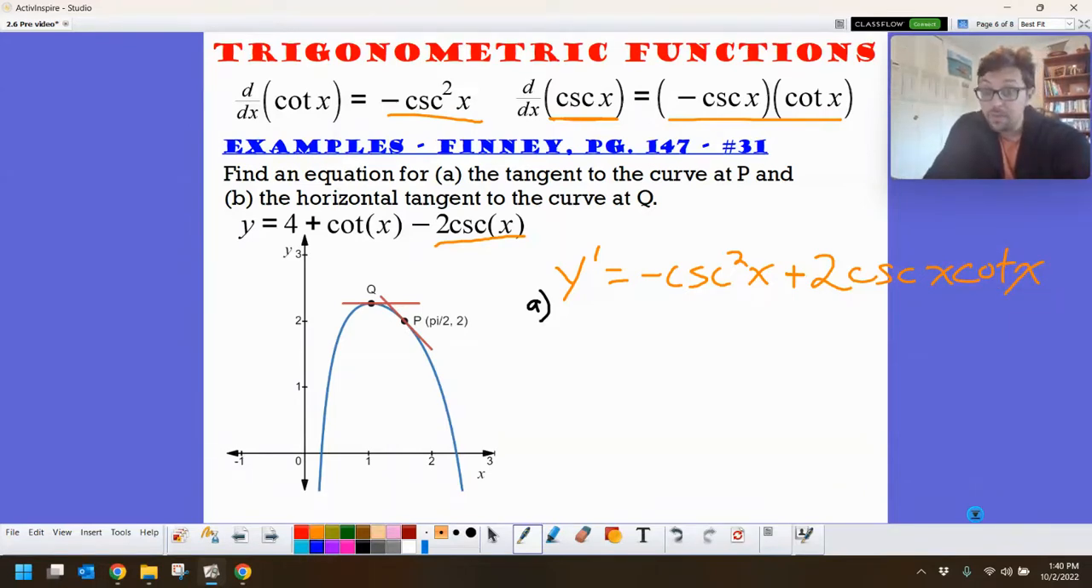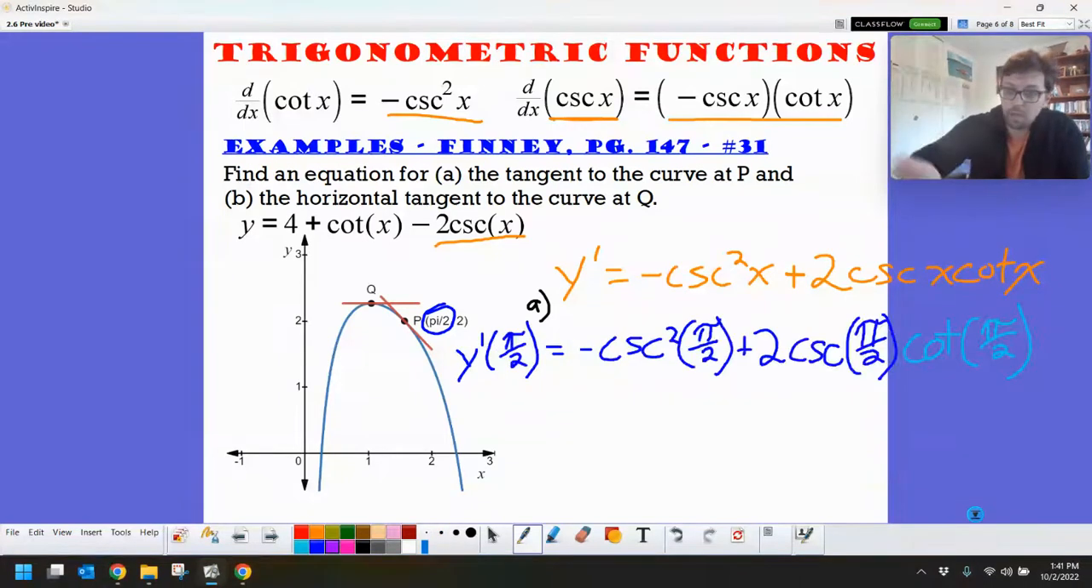Okay, but we need to figure out what the value of our derivative is at that point x. So at this pi over 2 spot. So we need to find y prime of pi over 2. So we're going to put a pi over 2 into this thing. All right, so I've plugged in my values. So y prime of pi over 2,